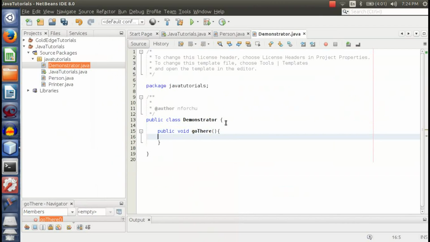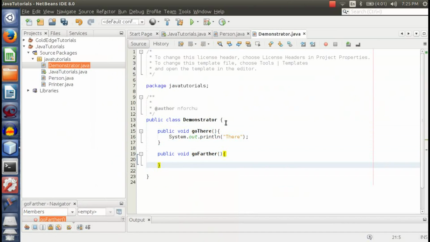And here I'm going to put system.out.println, and I'll say there. That will be the end of the method, and I'll do public void go further, and I'll say